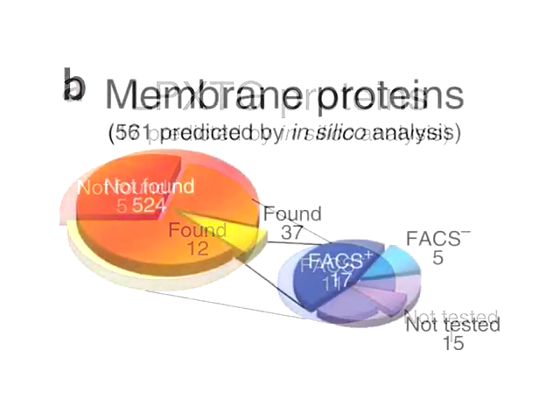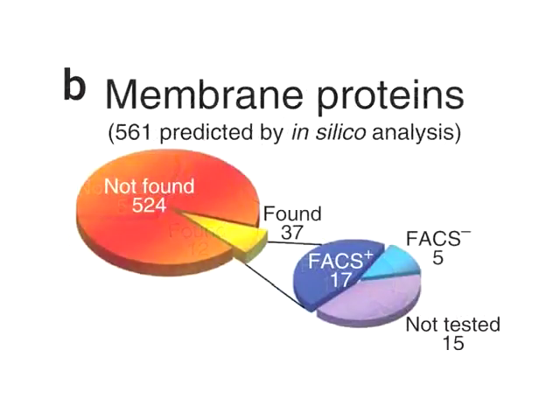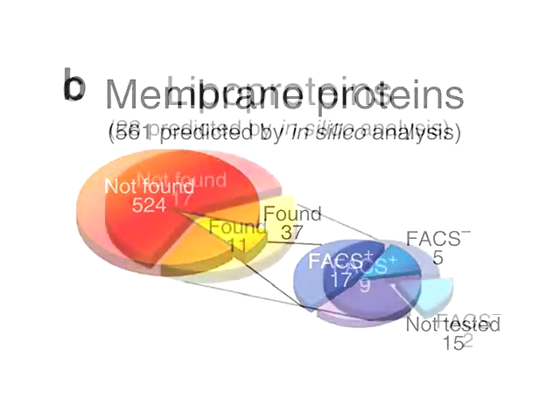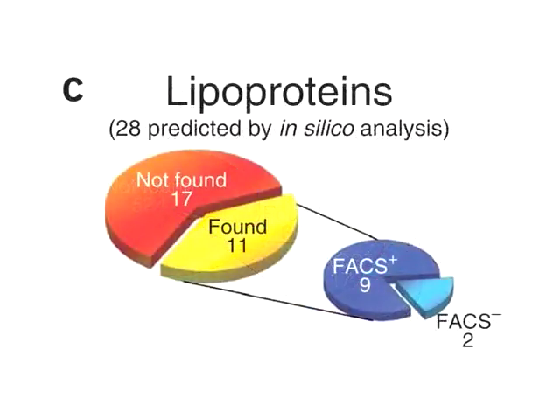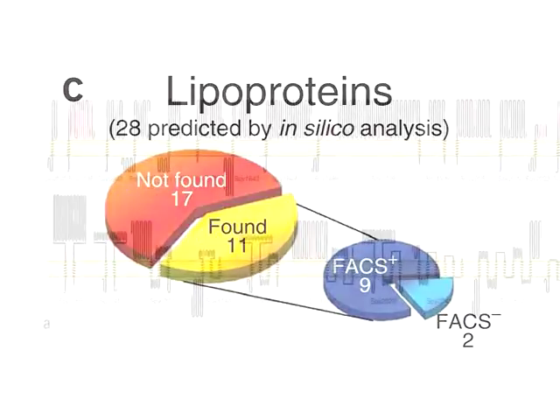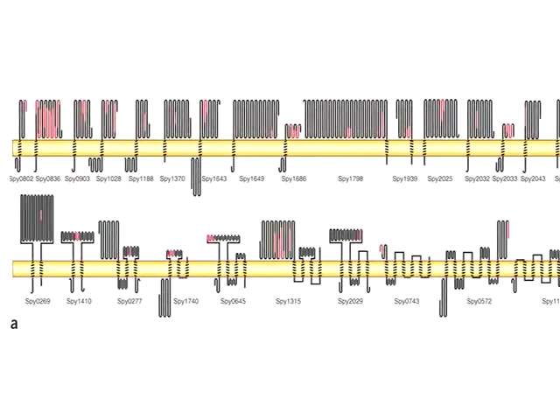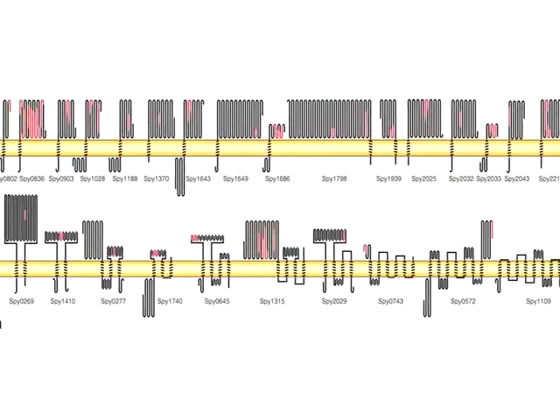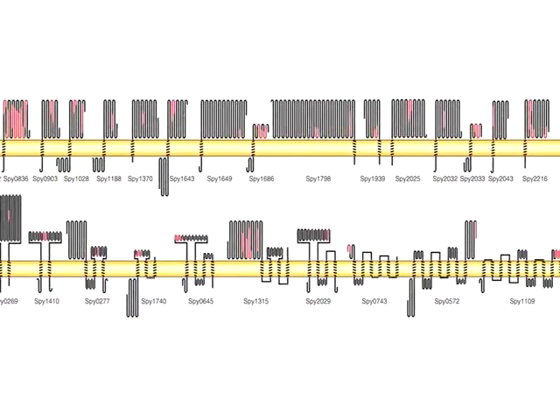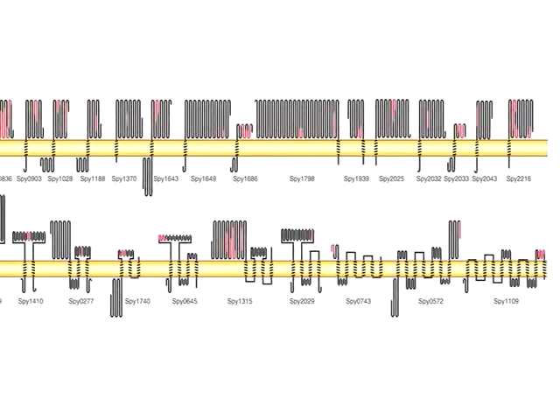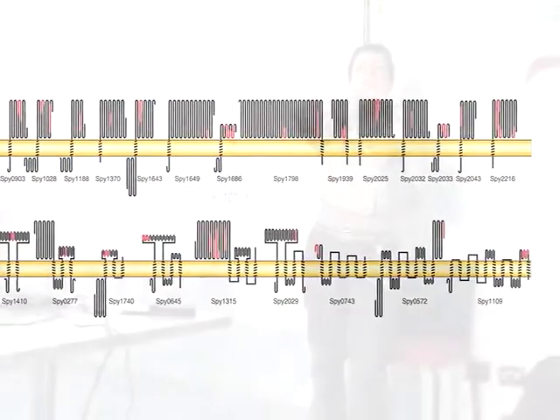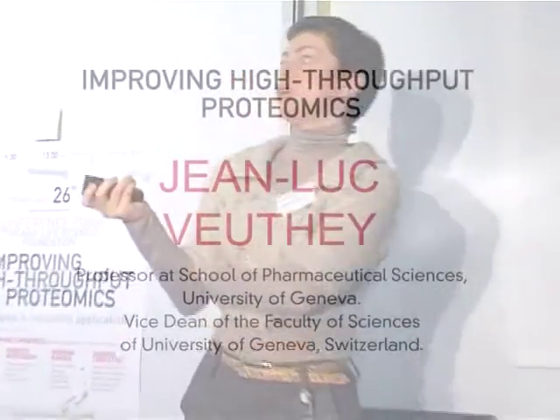These methods rely on the shaving of the surface of live bacteria with proteases. This means that we start from a bacterial culture, then we use trypsin or other proteases to cut all those proteins or protein domains that are protruding from the cell surface. So in this way,